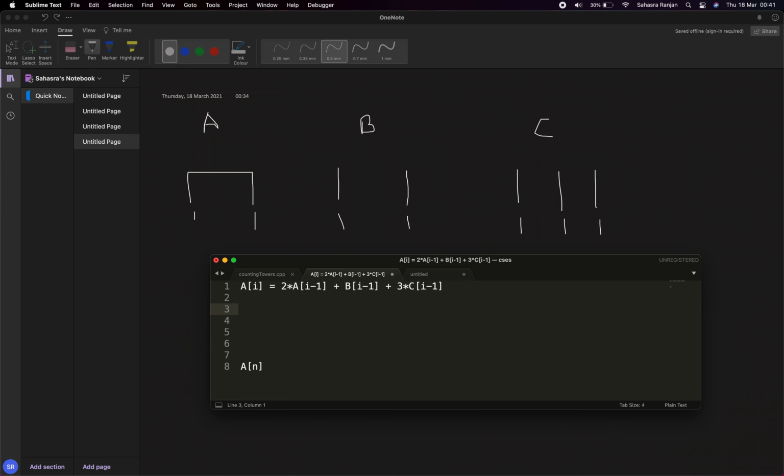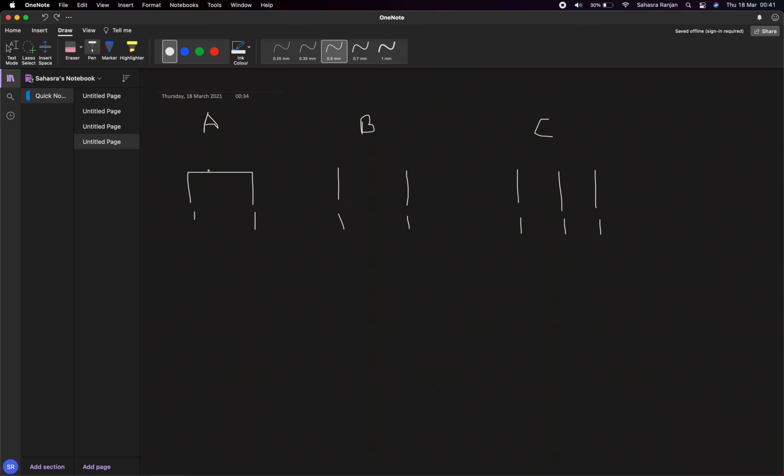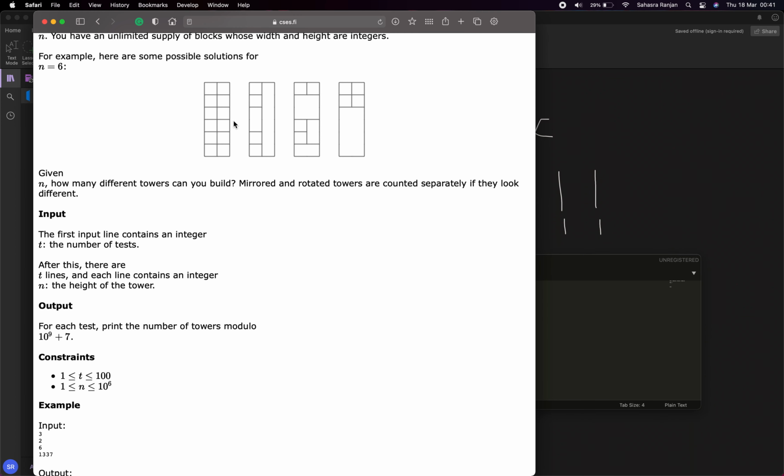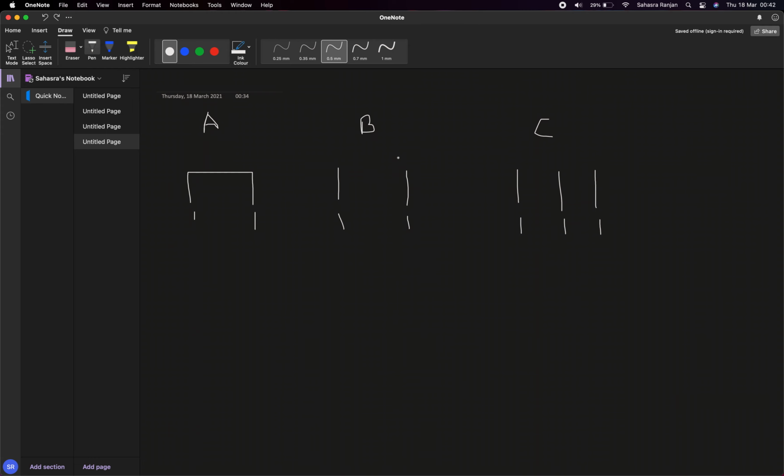Now B of i. We can just add an extra block here, or just extend it here. By this I mean, for example, here this is A of 3. To make a B of 4, you can just add a 2 cross 1 block here, which can be extended, and using a B of 3, you can just add an extendable block here to get B of 4.